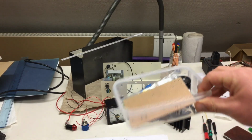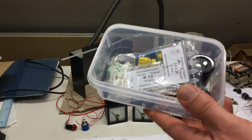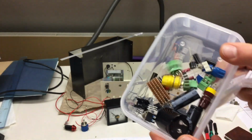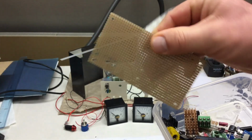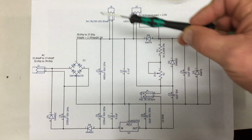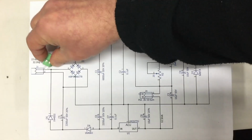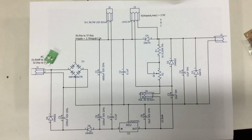So I guess it's time now to put all this stuff, probably not this stuff, but the small parts, onto the board. But I have a plan for this too. So that's a circuit diagram, and of course we have some switch, some connector for the input. We have our, I already showed that in the intro,